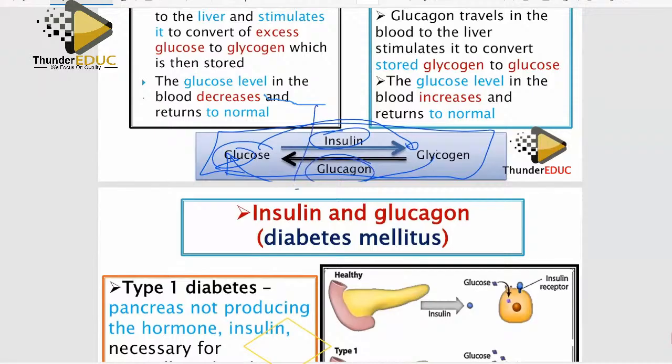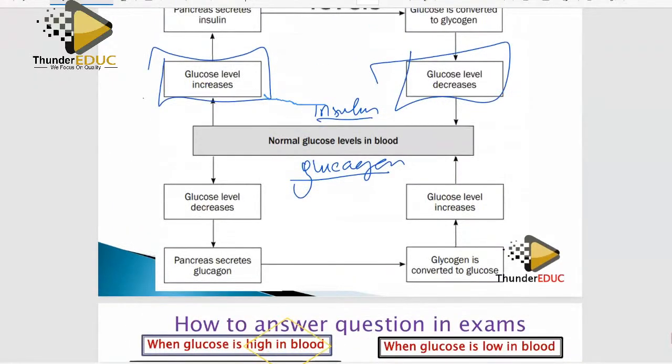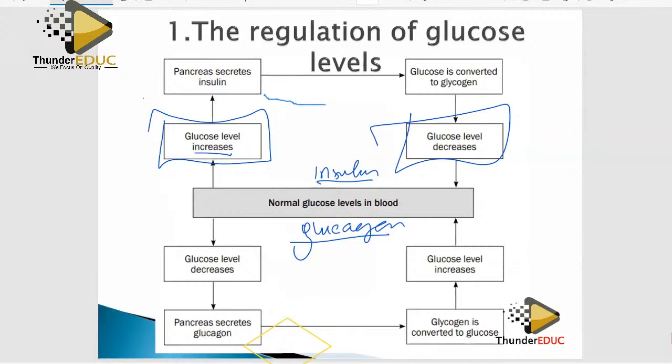Now I ask myself, where are these hormones produced? We said they're produced from the pancreas. That's why I told you about that diagram: you need to know each hormone, where it is located, what it produces, and what its function is. Once you know that, this topic is simple. So now we come back. The level of glucose in the body increases. So what do I need to do? I need to decrease it. That's why at the end here, we say that glucose level decreases.